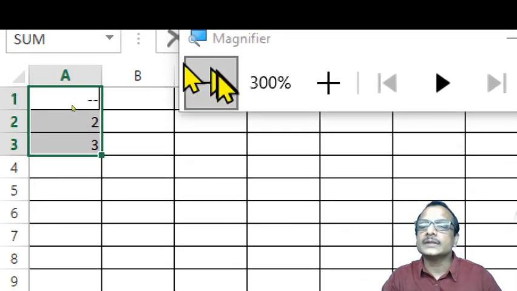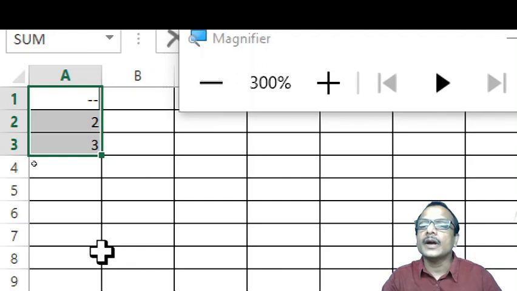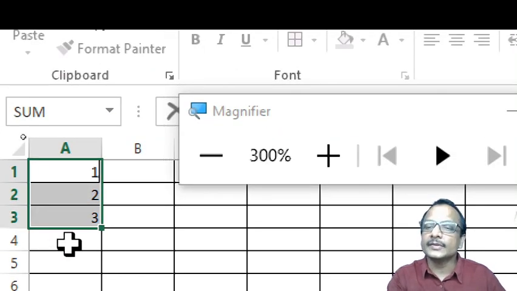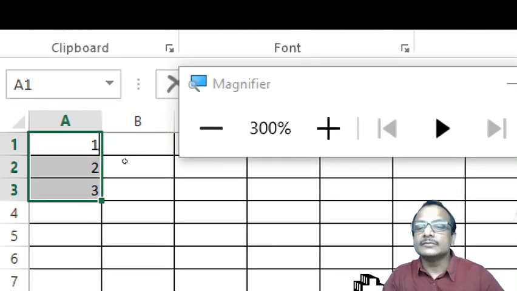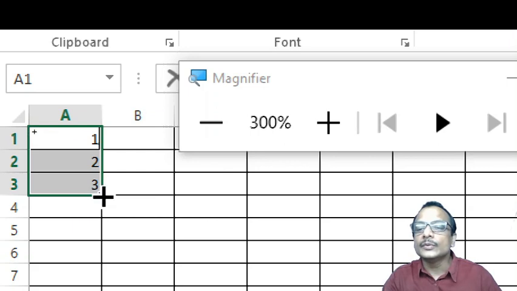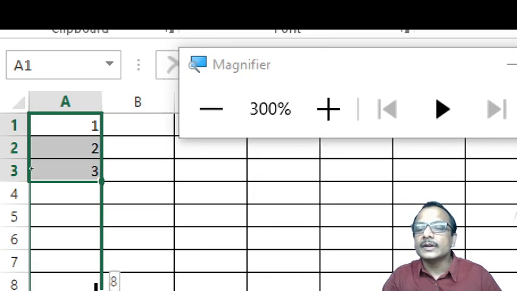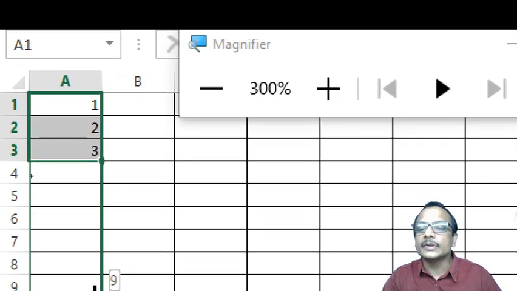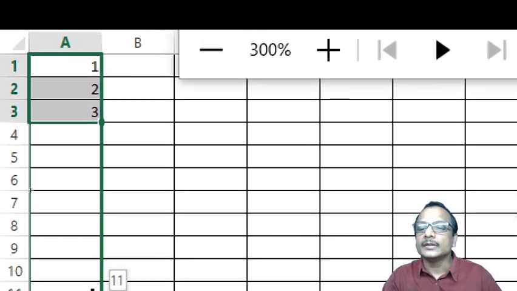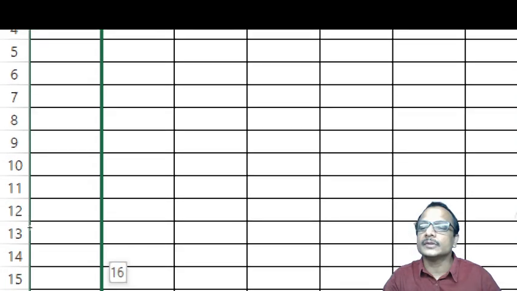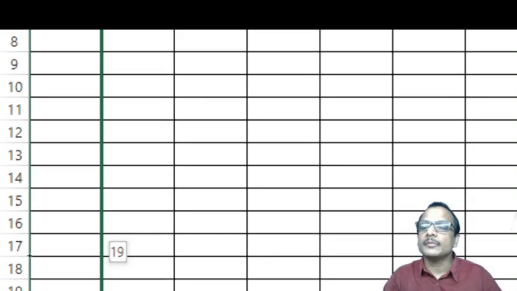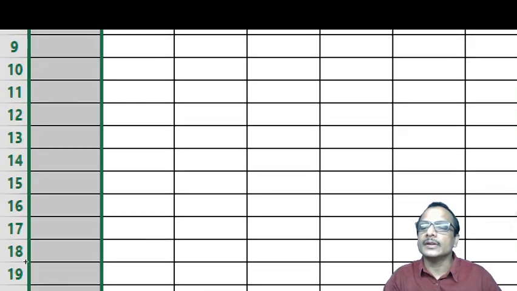When I touch that plus mark and click and drag, whatever I type in the first 3 cells is converted into a calculation in a progressive manner. There are different types of progression, you know. Here it follows arithmetic progression, and up to 20 I can fill.